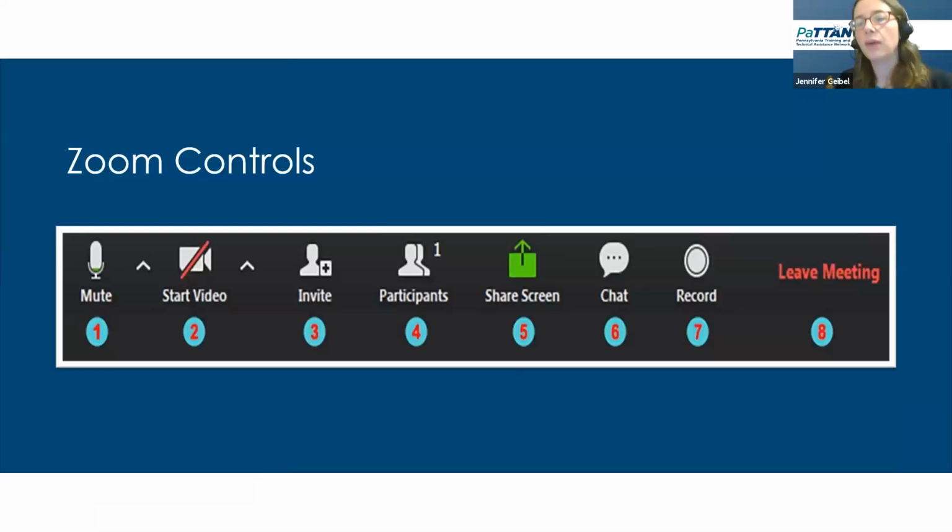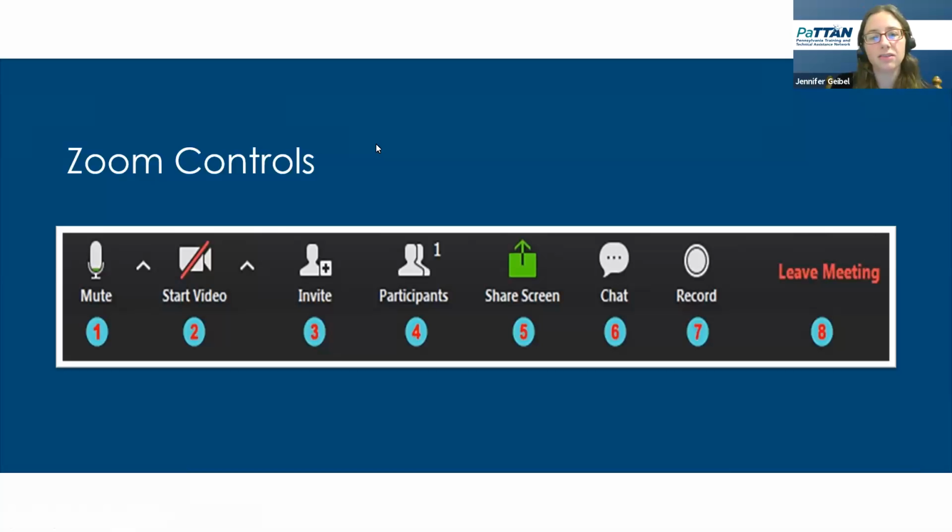All right, I want to talk about Zoom controls really briefly. Now, Zoom is a strange animal in that our Zoom could look very different from each other's. However, we usually start Zoom sessions as a participant with these controls. You will notice that you have the ability to mute and unmute, to start a video. There's an invite link. Typically, you wouldn't use that. This meeting has closed participation, so we probably won't do that. A participant's